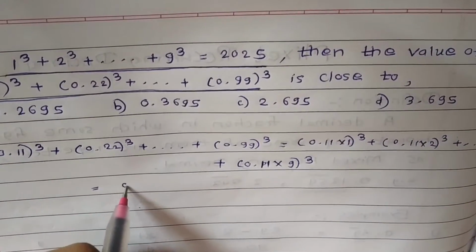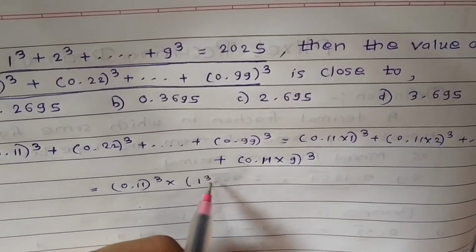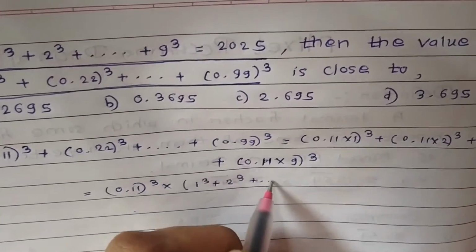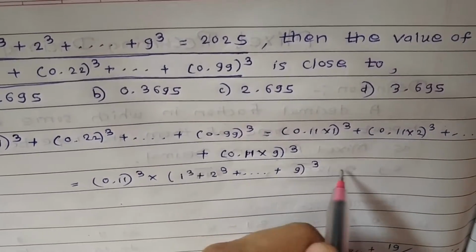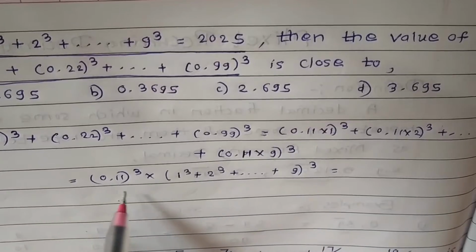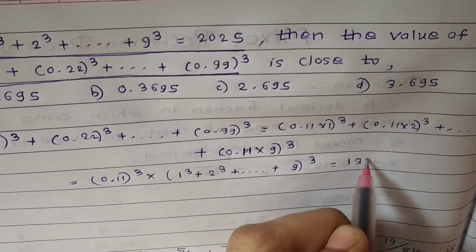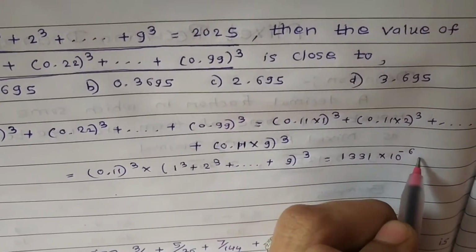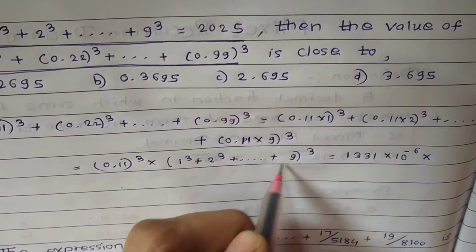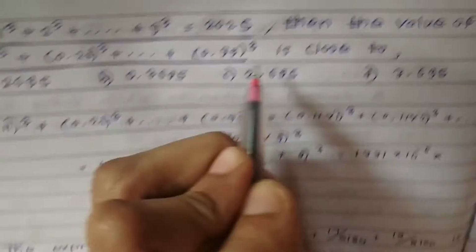So this will become 0.11 whole cube into (1 cube plus 2 cube plus so on plus 9 cube), which is equal to, the 0.11 cube is 1331 into 10 raised to minus 6 into the given value of 1 cube plus 2 cube plus so on plus 9 cube, which is